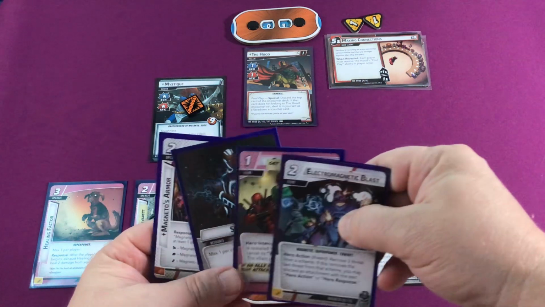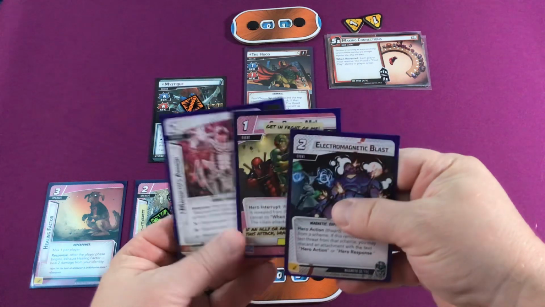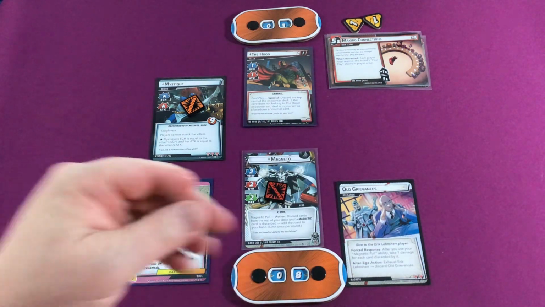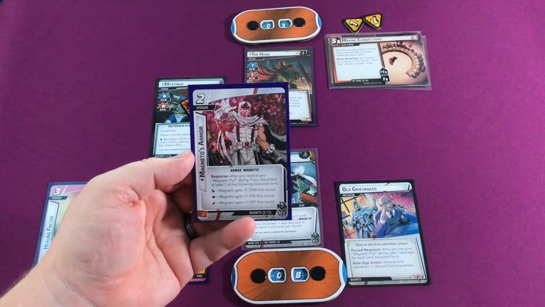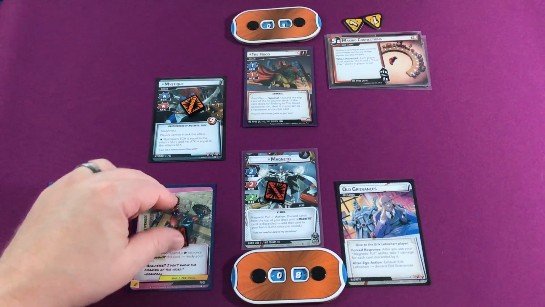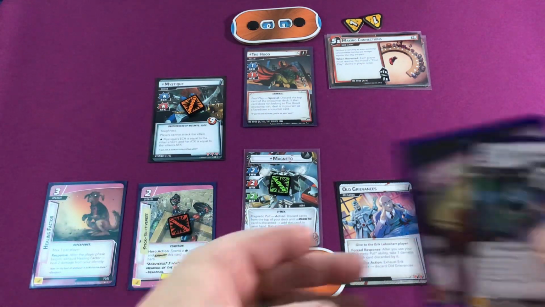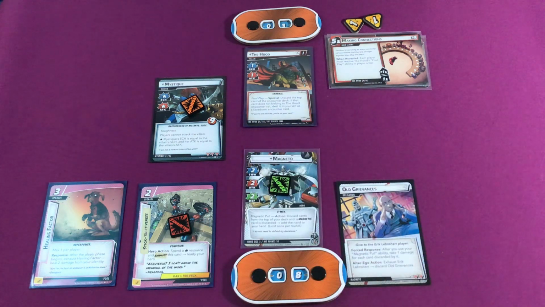Or discard Magneto's Armor. You know what? I could ready myself with Magneto's Armor. I totally could do that. So let me do that. I'm going to use Magneto's Armor. I'm not a real big fan of the Magneto's Armor card. I'm not sure, but I am going to exhaust Stick-to-Itiveness to ready up Magneto. And then Magneto is going to...